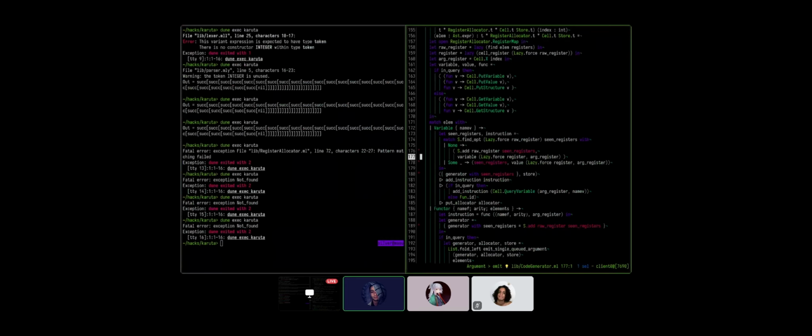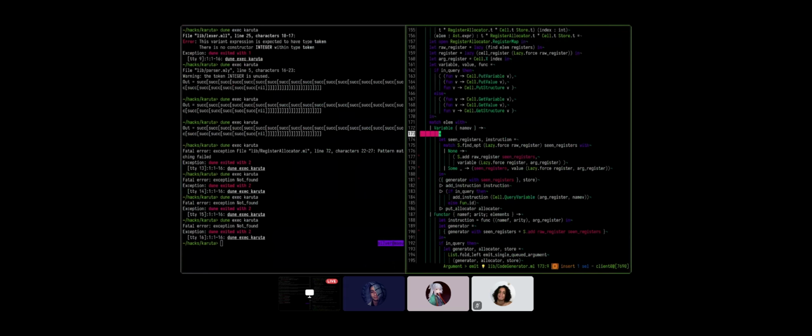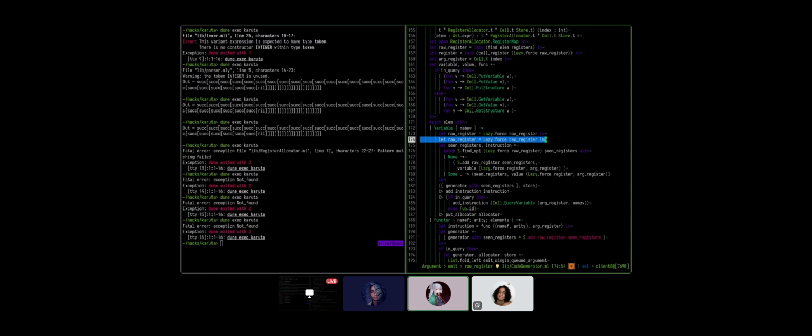Let's do it like this. Let's do a let before 173 that is the real raw register, without already being forced. And you can do shadowing in this case. This is actually a case that I'm okay with shadowing. I guess we can do this as well, right?